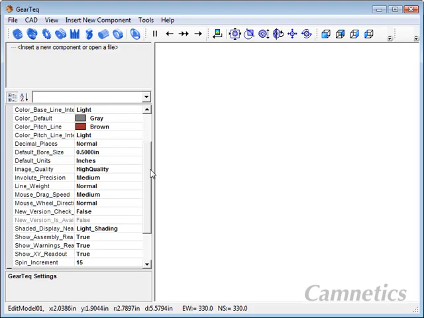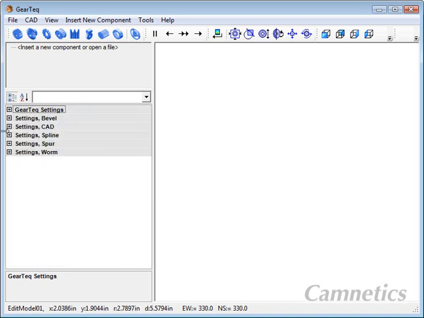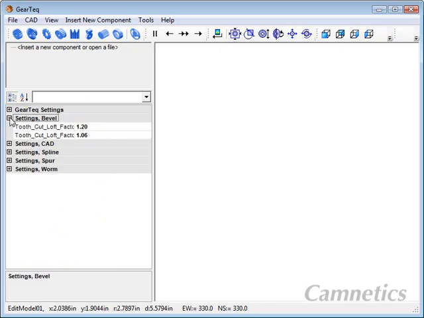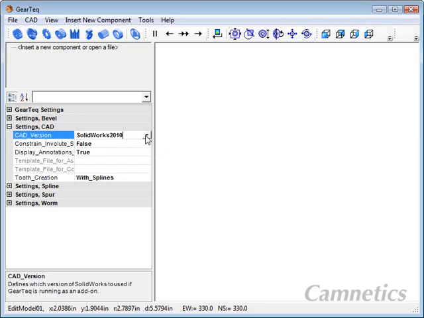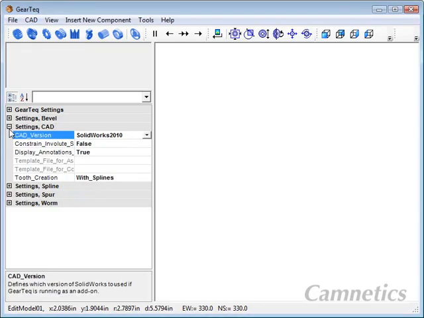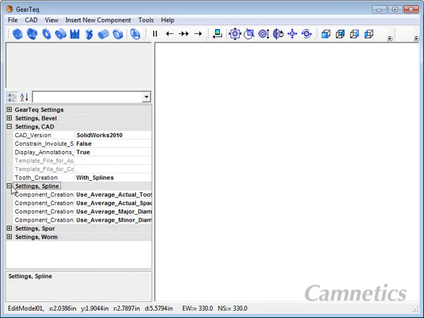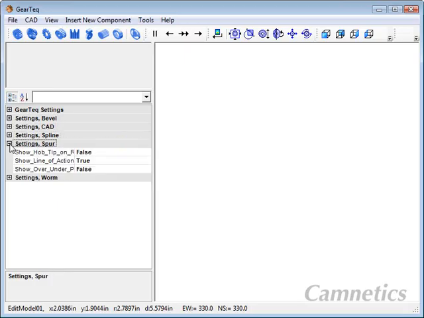You have some settings here for what's going on in the screen when you have a part showing, and then there's also some special settings for bevel gears, settings for working with your CAD system. For example, you can select which CAD version you want to work with, settings for splines. You can do how the tooth is created and major diameter is created, spur gears,